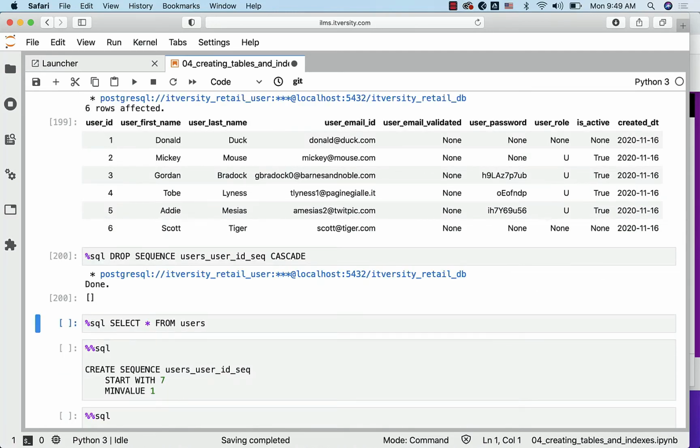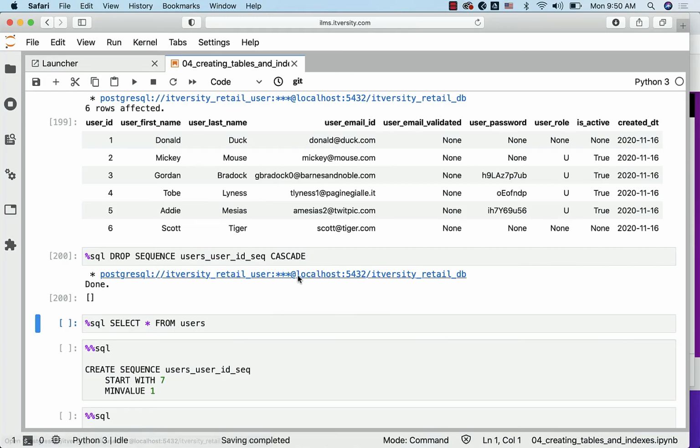Now going forward, you might have to insert the data explicitly specifying values related to user ID. However, instead of using alter, if you just want to drop the sequence and recreate the sequence, this is how you can recreate the sequence in this case. Make sure that you do not drop the sequences and leave like that. After that, you will not be able to insert the data into the table without specifying the surrogate key fields and corresponding values. So this is the example of dropping and adding the sequence with right values once the data is pre-populated into the table where the user ID field is loaded from the external data.